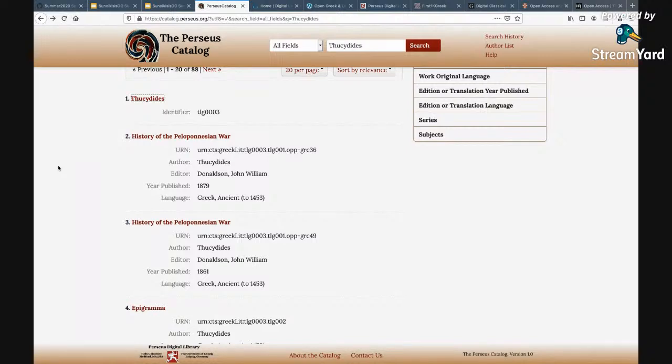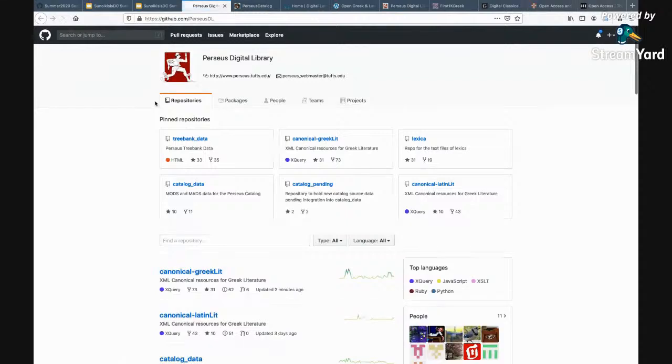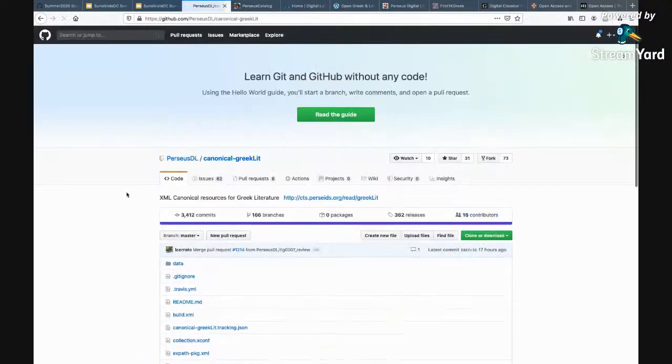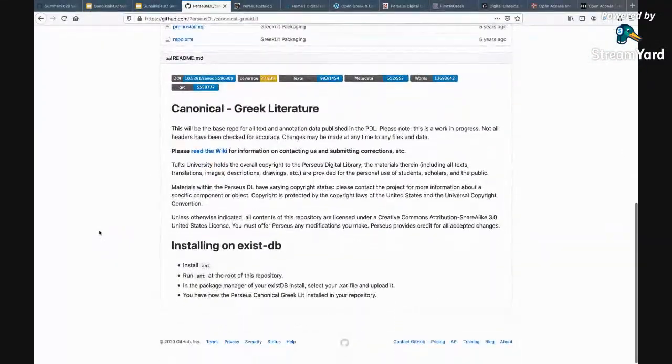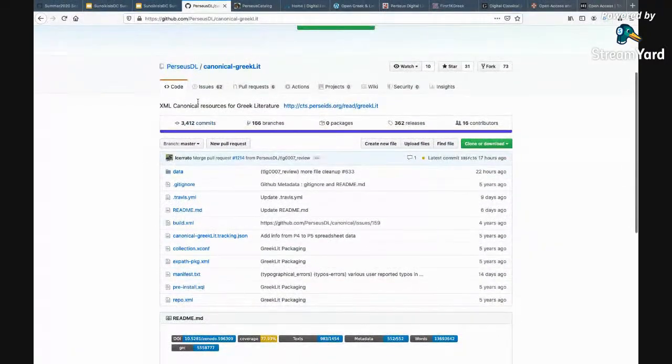There are many editions that are already digitized, part of Open Greek and Latin or other resources, or editions that are openly available, but for example, as PDF through Google Books or Internet Archive. And the Perseus catalog has a GitHub repository where you can find really the metadata and the files. The main distinction is between a repository for Greek literature and Latin literature, and within each sub-repository you can find data. You can collect data for authors and works using a specific